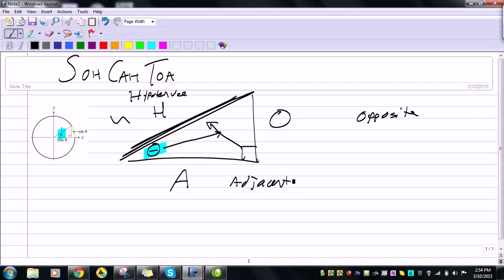Okay? And so we now have names for those three sides, and those names are relative to the reference angle theta. If theta moves over here, this now becomes the opposite side, and this becomes the adjacent. Okay? And we always use theta as one of the two non-right angles. Okay? So now,